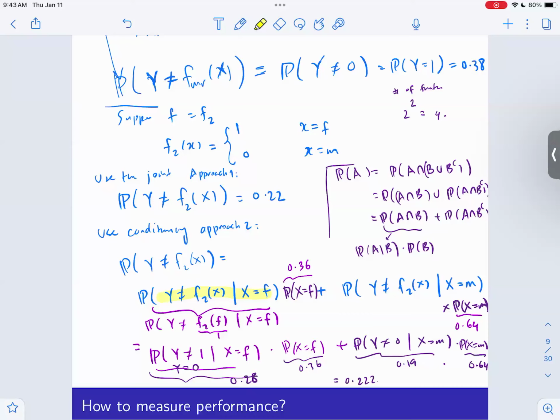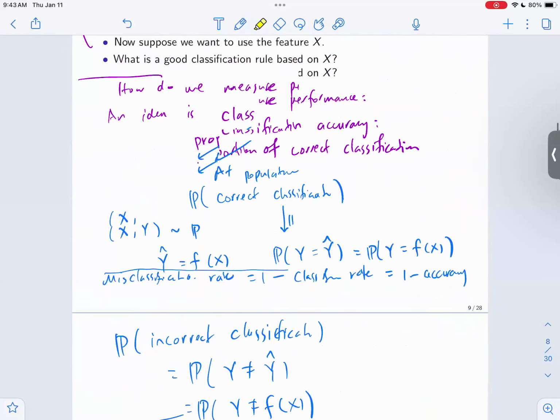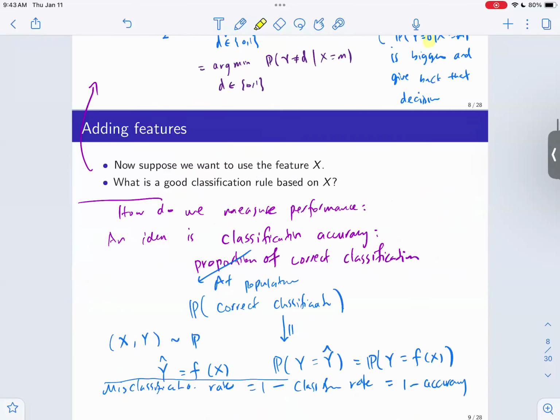For each term, we minimize, and if you argue it this way, it gives you that in general, what you should do is exactly this. So for each X, you're going to minimize the probability of y not equal to d. Okay, so the optimal rule would be